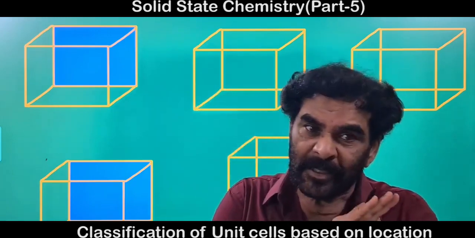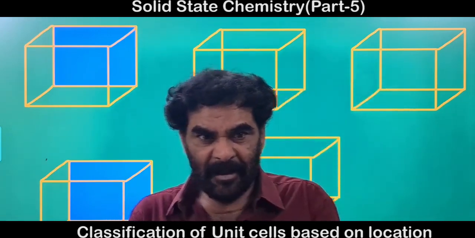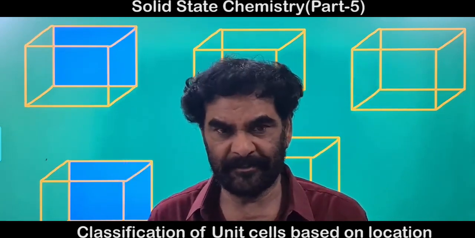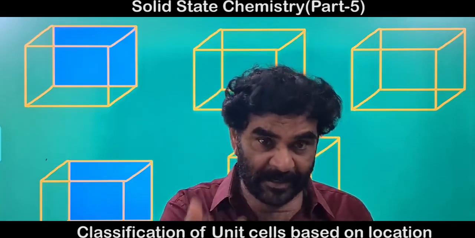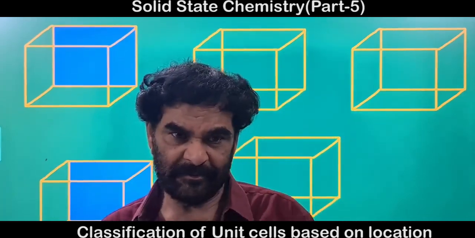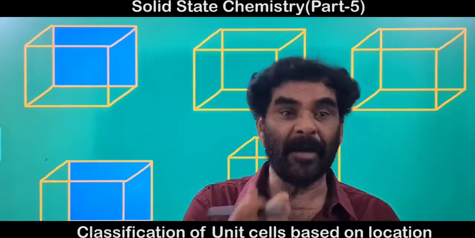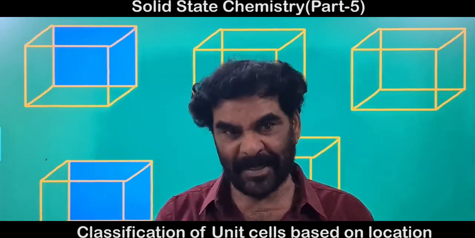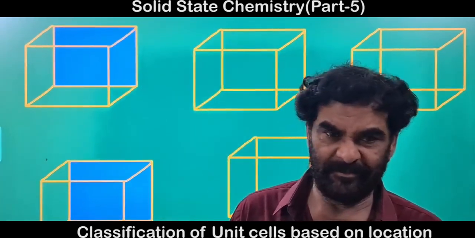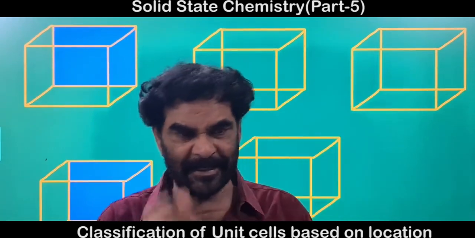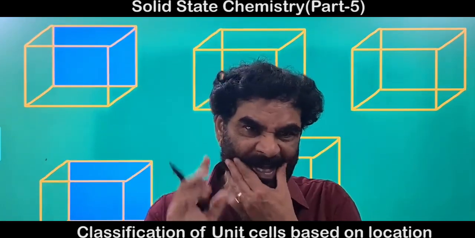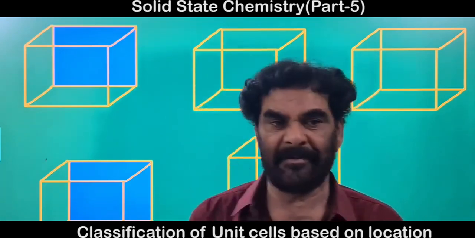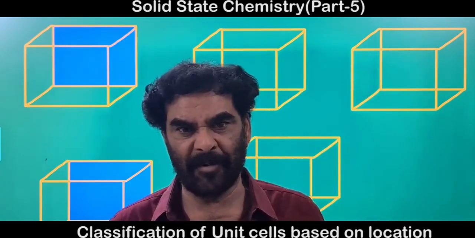Now you know, in the unit cell, the lattice points can be present at the corners. They can be present at the face centers. They can be present at the body centers. Sometimes they can be present at the edge centers also, though I told you that is hypothetical. It is very common that lattice points in the given unit cell can be present at the corners. These are the locations of the lattice points.